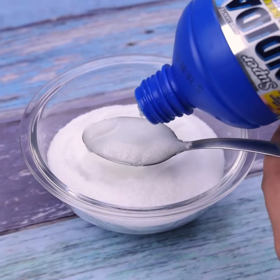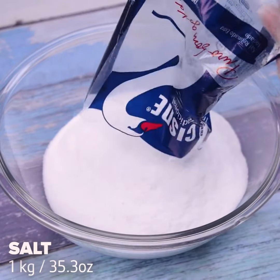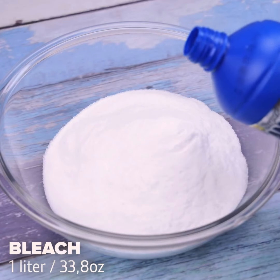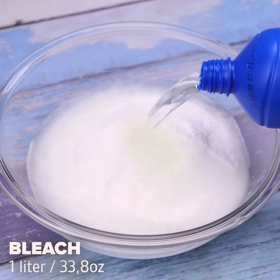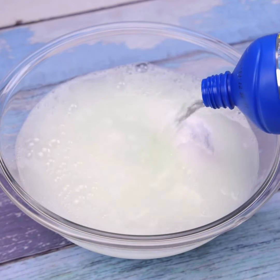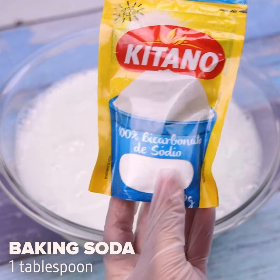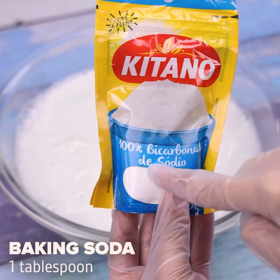It's amazing! I'll start our tip by adding a kilo of salt in a container. Then I will add a liter of bleach over the salt. Make this tip in your home, and then come back here to tell me if you had the expected result. I would love to know. Then I will add a tablespoon of baking soda, and then I will stir so that all the ingredients are